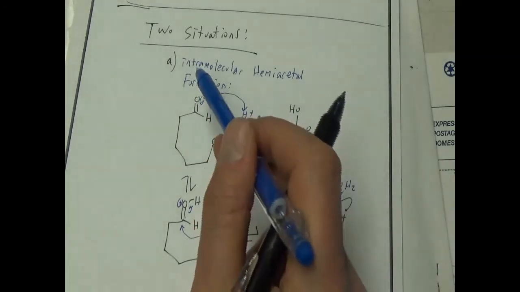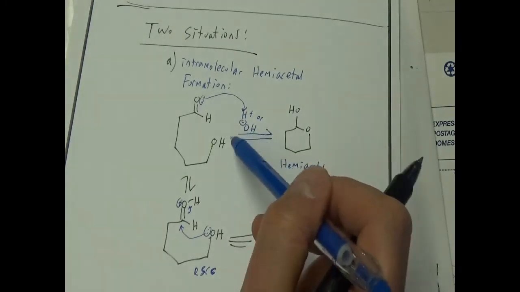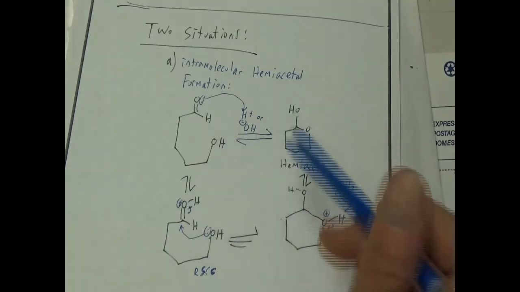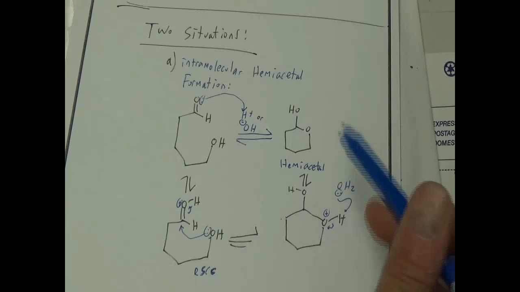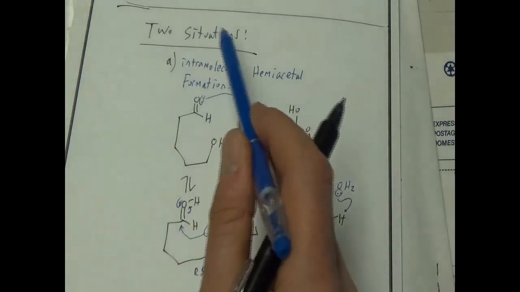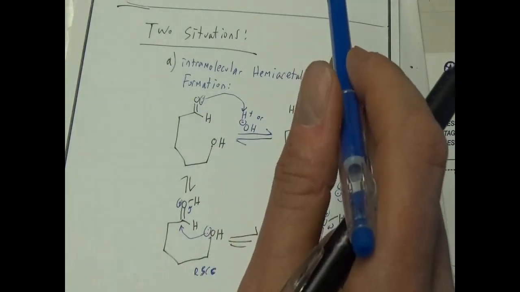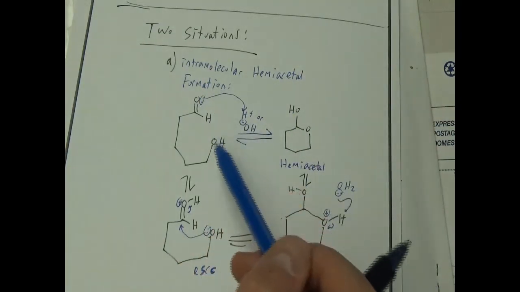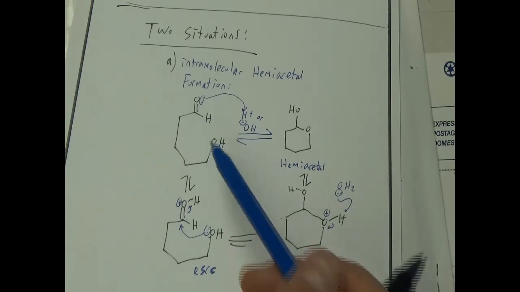Next time we're going to continue with the other variation, not intramolecular but intermolecular, where the alcohol is disconnected. But the book starts with this example, so this is where we'll start, and then we'll go to the more interesting examples next time. So the first situation is intramolecular, and the second will be intermolecular, where the alcohol will be disconnected and then become connected. Okay.